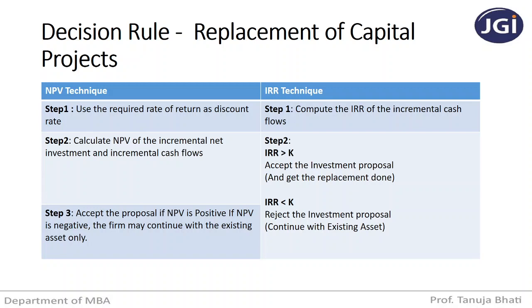Next we will see the IRR technique. Step number 1, compute the IRR of incremental cash flows. Whatever the increased cash flows are, you compute the IRR. How to compute IRR we have already seen. Step number 2, if IRR is greater than cost, accept the investment proposal and get the replacement done. If IRR is less than the cost, reject the investment proposal